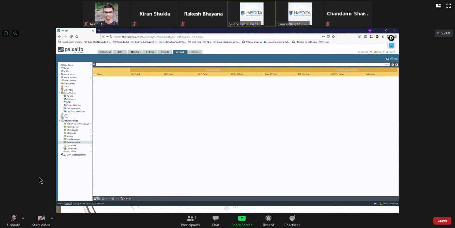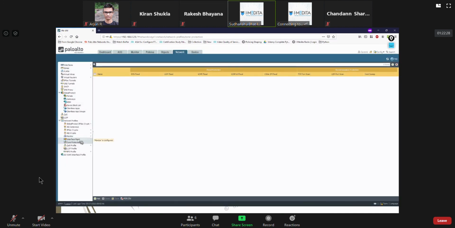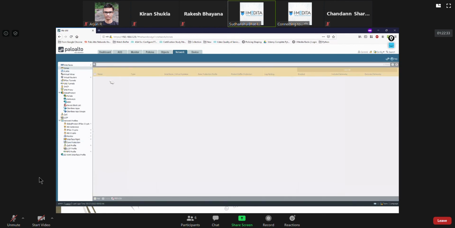If you click on zone protection profile, do you specify any source zone or destination zone? No, you just specify the threshold levels and some other settings, and done. Do you get my point? Once you have specified the zone protection profile, you go to a particular zone and apply it.